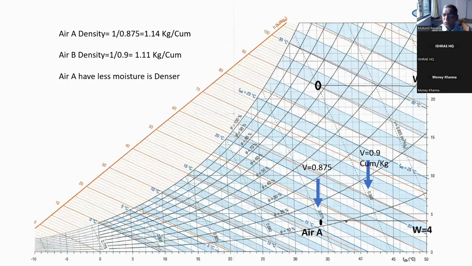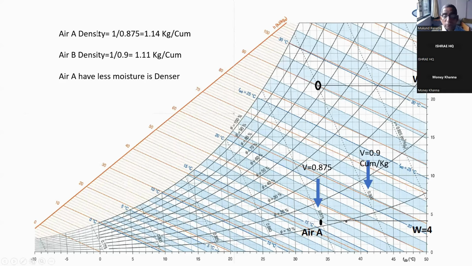Now in the psychrometric chart normally specific volume is given. Specific volume is 1 upon density. So if specific volume is more, density is low. So let us draw a point at 34 degree and 4 grams of moisture. This is the point where the specific volume is 0.875. And if I keep the same temperature and go to 21.7 moisture content, then you will see the specific volume is 0.9. So 0.875 specific volume for lower moisture has turned to 0.9. If I find it in density terms, which we have more feeling for,